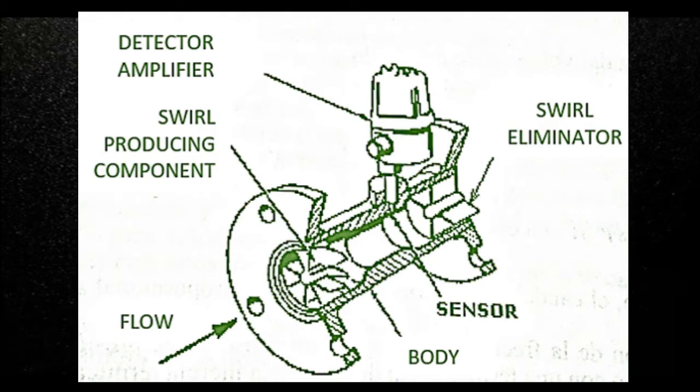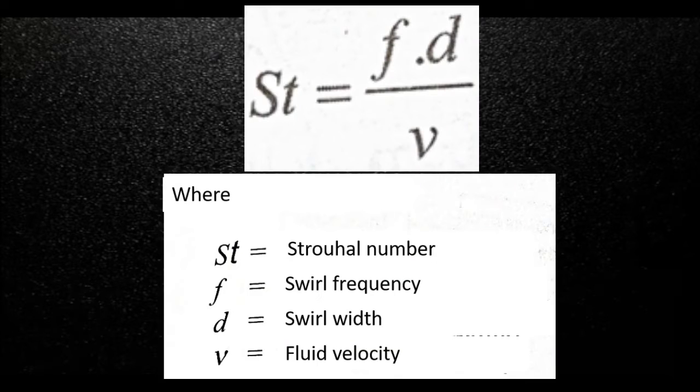The swirl flow method is based on determining the frequency of the swirl produced by a static helix located inside the pipe through which the fluid passes. The frequency of the swirl is proportional to the speed of the fluid according to the Strouhal number, which is calculated with this formula. The Strouhal number is constant for Reynolds numbers between 10,000 and 1 million, and the swirl